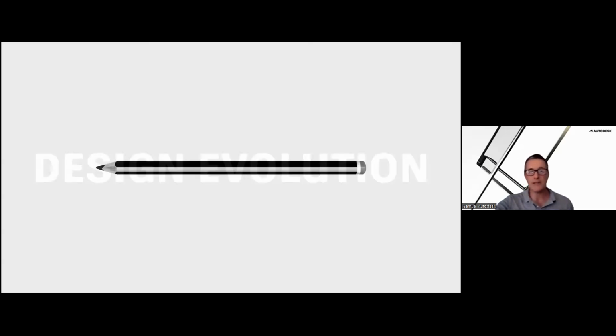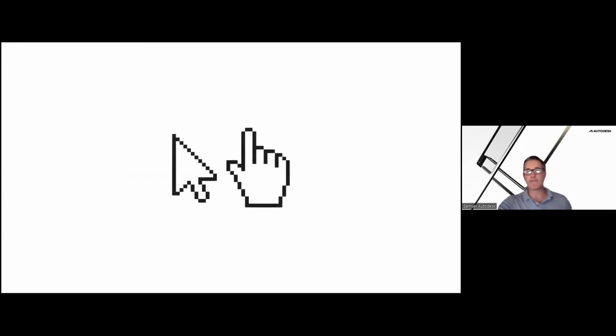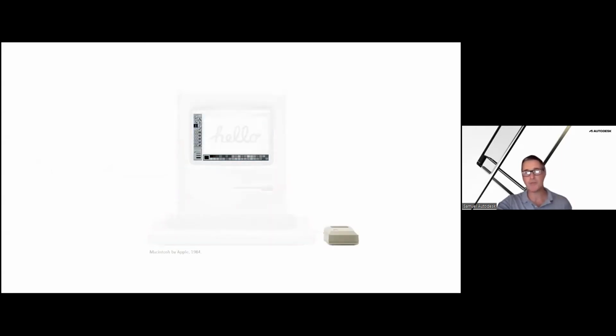So moving into the design evolution, we've gone from 2D black and white or blueprints into printing in color, producing in color, sketching in color. We've gone from DOS or a Windows-based keyboard environment to using a point and shoot mouse. The Apple computer, of course, took this from Fujitsu back in the day. This Windows-based interface where you can see what you're doing, you can use the mouse, and you can point and shoot, and you can draw.